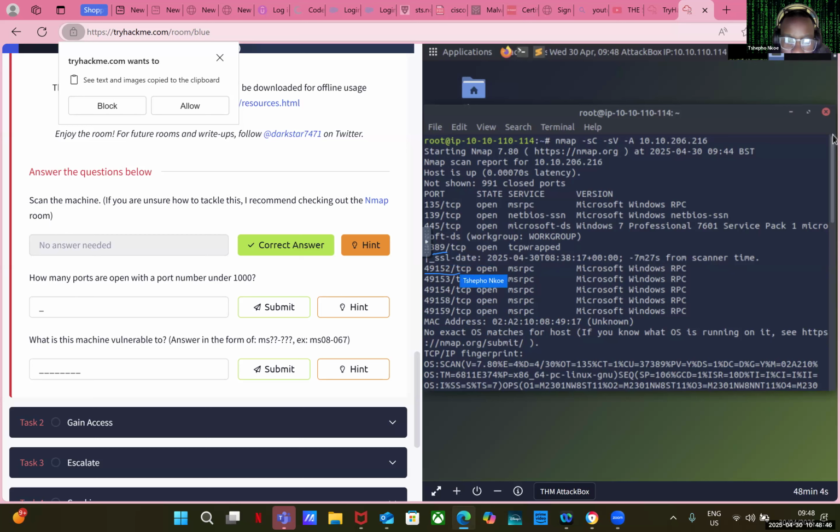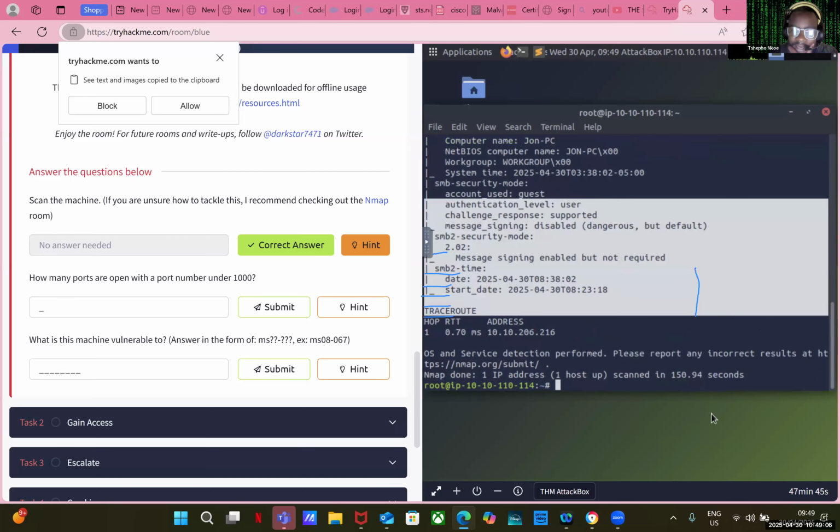This one is also open. This is also open. So there are many open ports and they are running Windows RPC. So, okay, let's scroll down. Now we've gathered just that bit and it's also revealed the MAC address